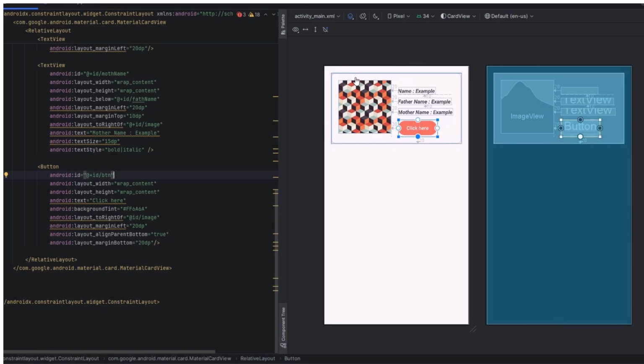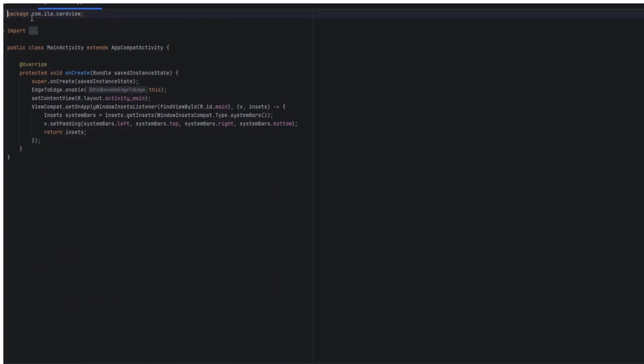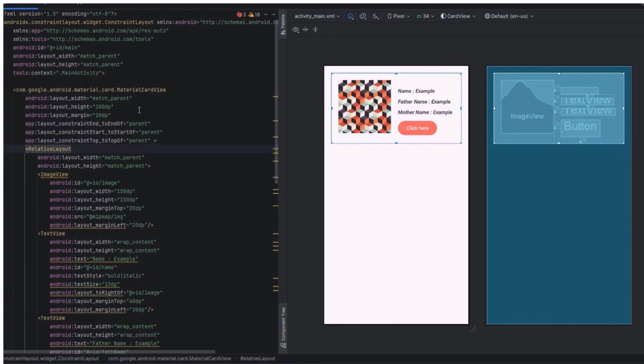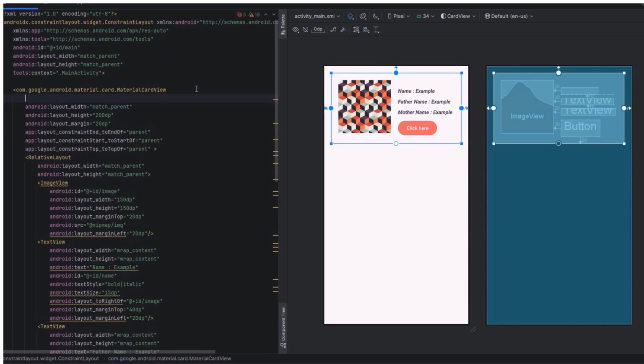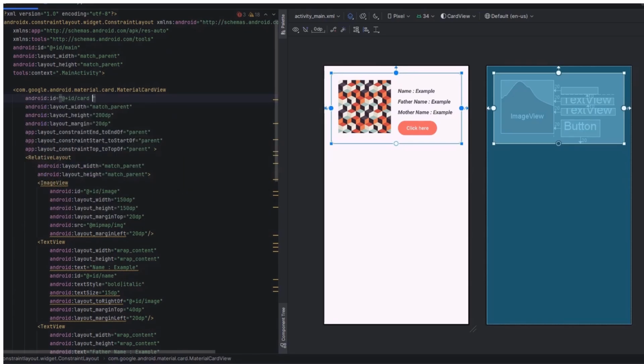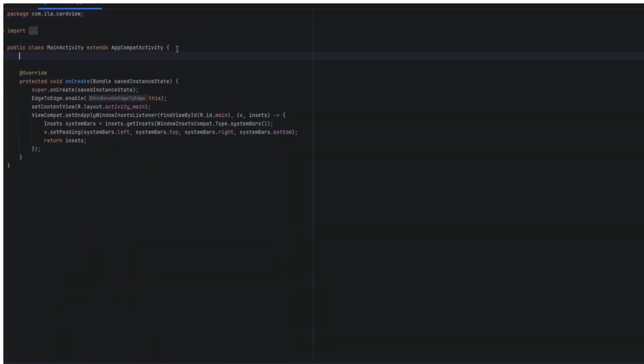On the click of this card view, we are going to get the user into another activity. So let me get into the Java file, and here I wanted the ID for this card view, so let me also set an ID for this card view. So ID card view. Once I add an ID for this card view, let me get into the Java file